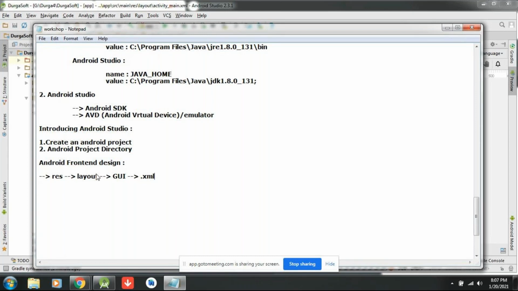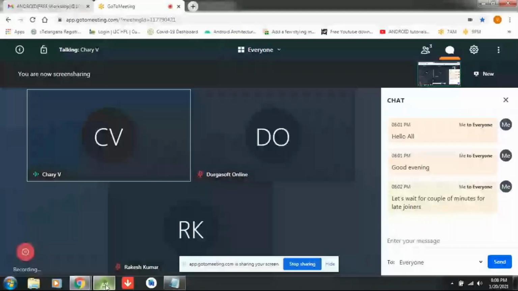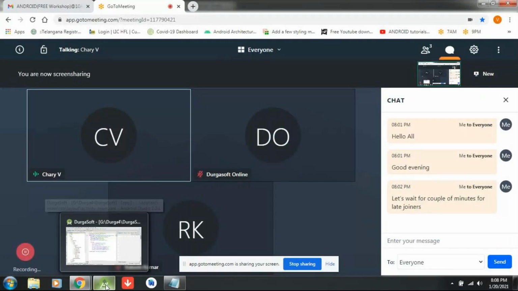Can I create a duplicate layout file? No, it is not possible. You should not create a duplicate layout file. If you are creating a layout file, that should have some different reason. And whatever .xml file you are creating, the name must be unique and it must start with lowercase only, like activity_main.xml. No uppercase letter is allowed. If you write one, you will get an error.